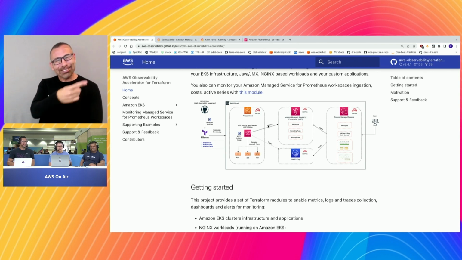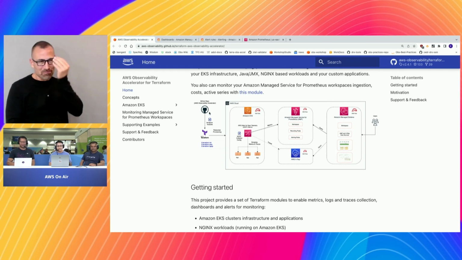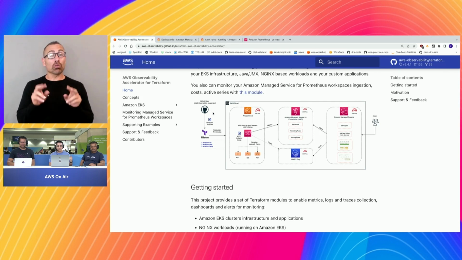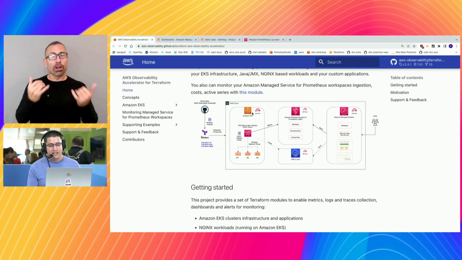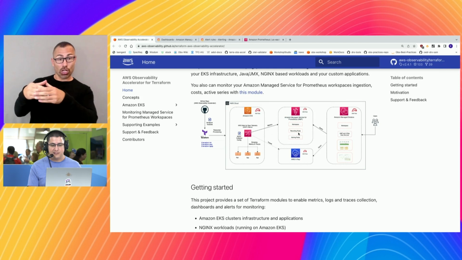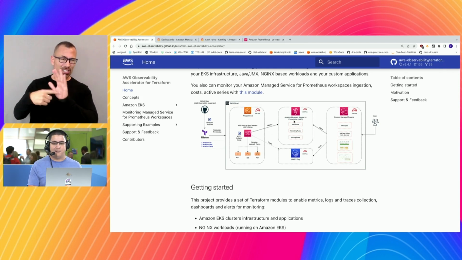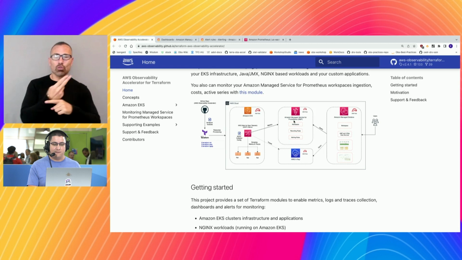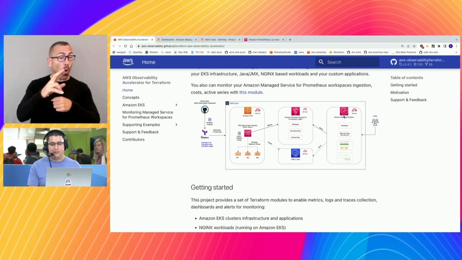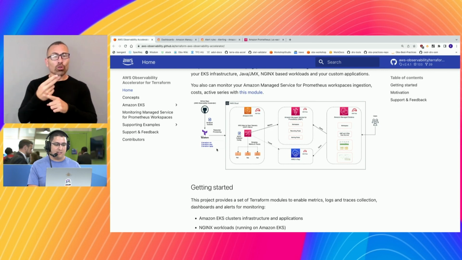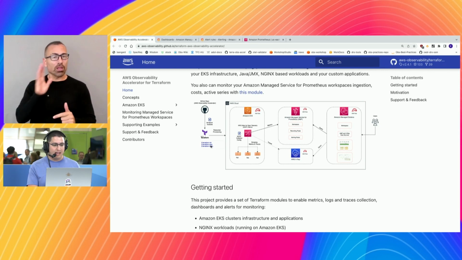But yeah, what we're looking at is a little diagram, right? We have the Terraform modules that we pull down from GitHub. You're going to give it some information, for example, an EKS cluster. That's our primary example, and that's what I'll be showing today. You optionally give it a managed Prometheus workspace, or you can have it create one for you. And then you give it a Grafana workspace. And we're going to go forward, and it will create everything for you with just a few commands over here.